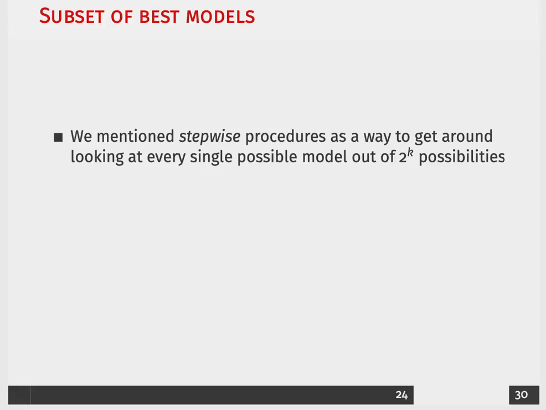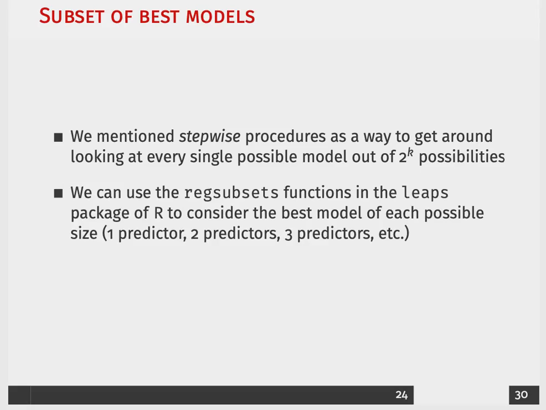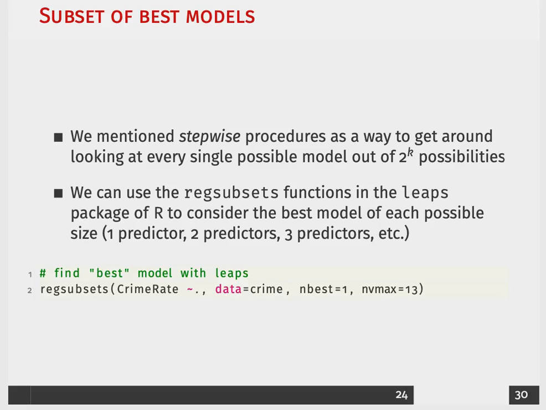We can alternatively try to think of other ways to get around trying to model every single possible combination of the 2 to k possibilities for all potential models. And we talked about using stepwise procedures as one way to do that, or we could try to use this strategy of looking at the best model of each size. So we can look at what is the best model with just one predictor, two predictors, three predictors, etc., up to a certain amount. And we can use the reg subsets function in the LEAP package of R to do